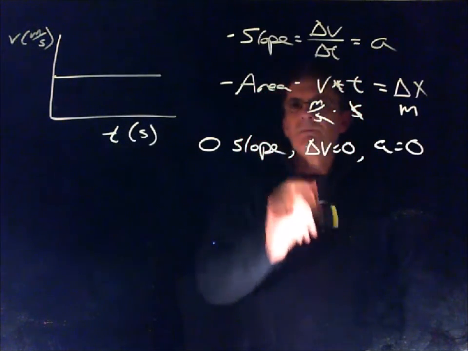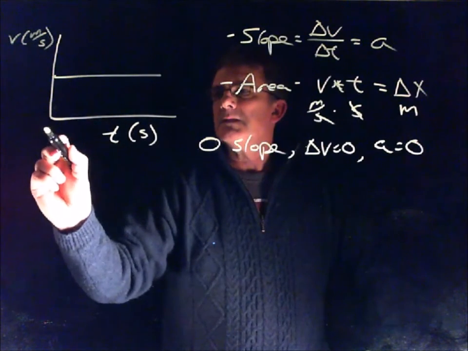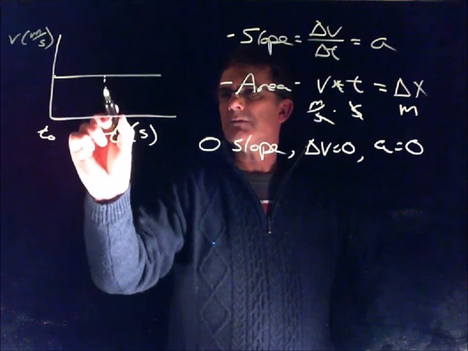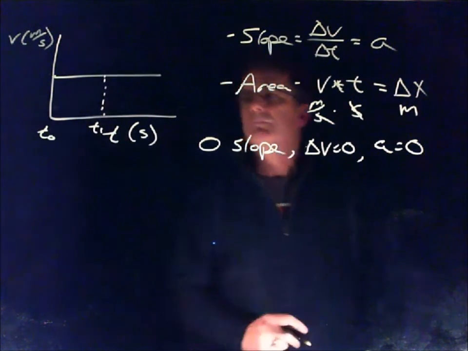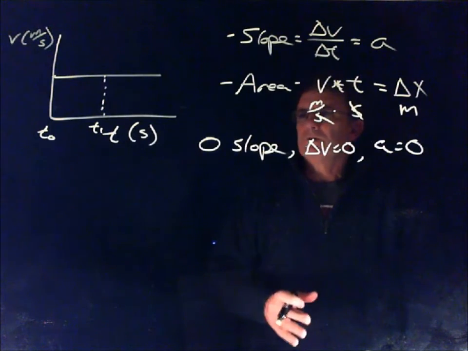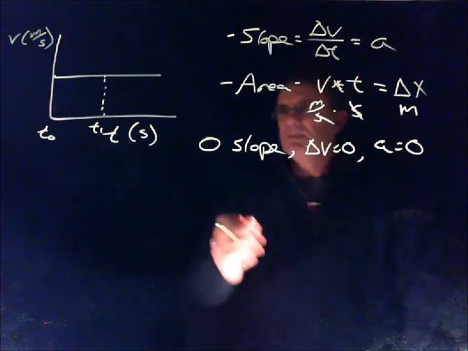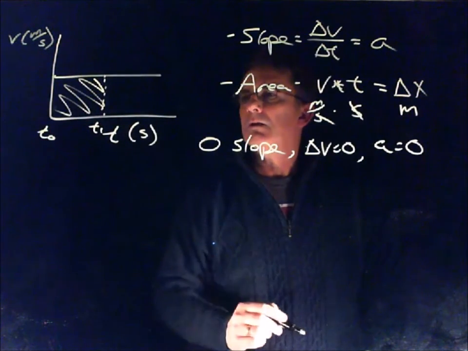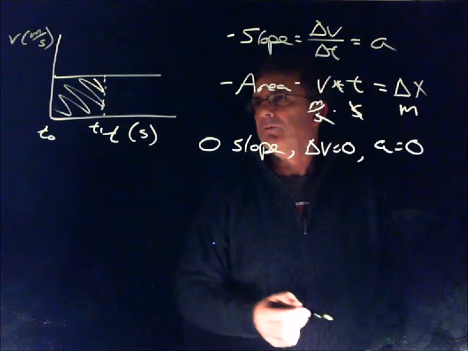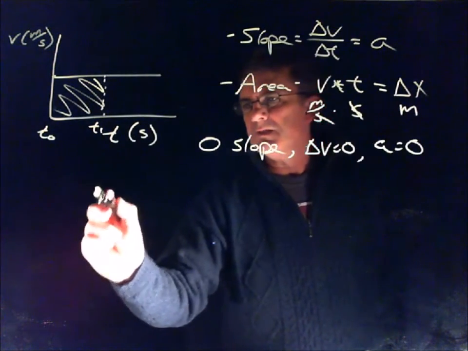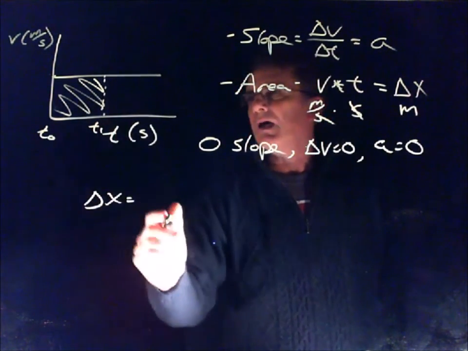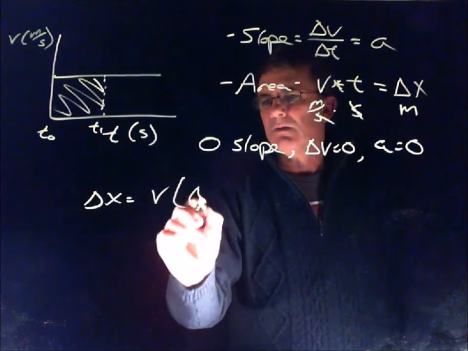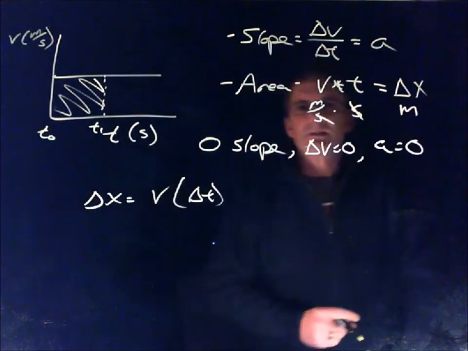Let's look at an example using the area. Let's say this is t naught, at time equal to 0, and I want this to be t1. The question is, how far does it go in this time period, t1? I want to look at that area, which looks like a rectangle. So the distance it goes is simply the height, the velocity, times our change in time, and that's how we work with the